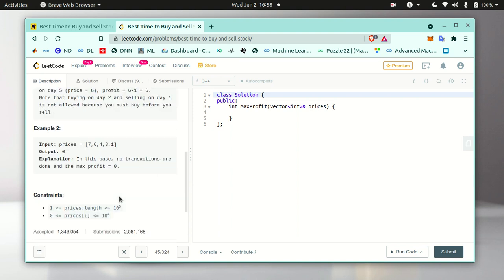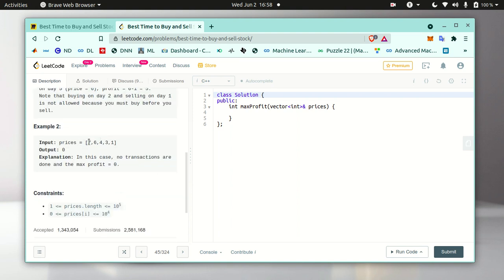again, some interesting test cases: if the elements are in a decreasing order, so 7, 6, 4, 3, 1, you cannot buy the stock in some day in the past and sell in the future, because in the future you are always going to get a lower price than the price that you paid when buying the stock. Okay, so in that case your output should be 0, so that you have not done a single transaction. Okay, so